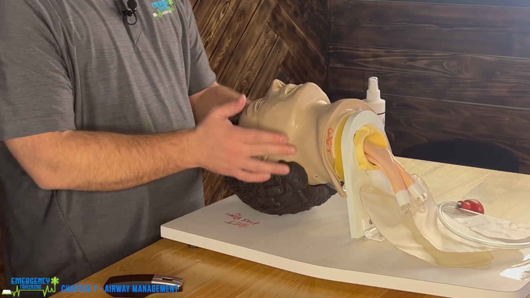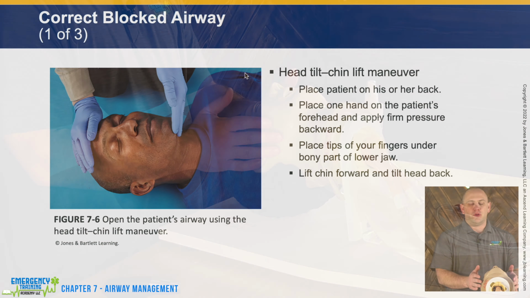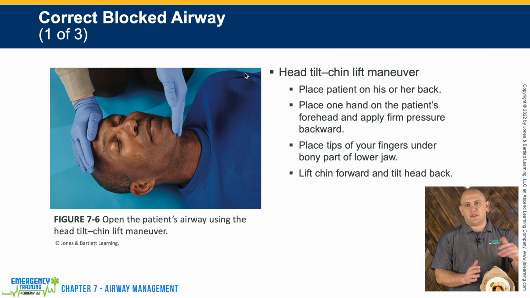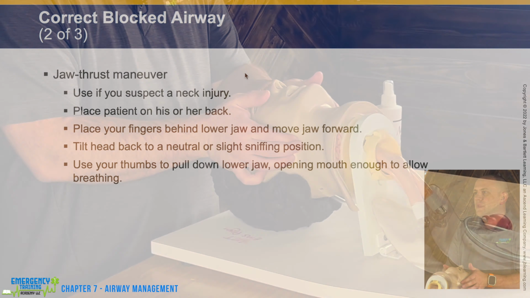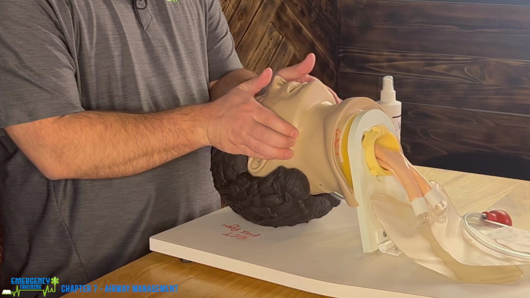on the bony part of their jaw. This will be the first way that we'll be able to open up their airway to see if they start breathing. If for whatever reason we're unsure if there was a spinal injury or we're just not able to move their head back, the other way that we can open up the airway is the jaw thrust. So what we're going to do with this one is